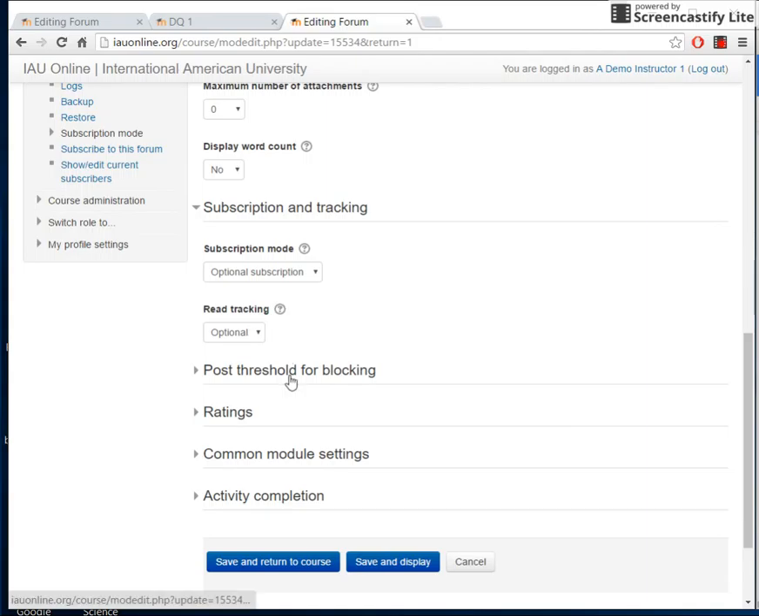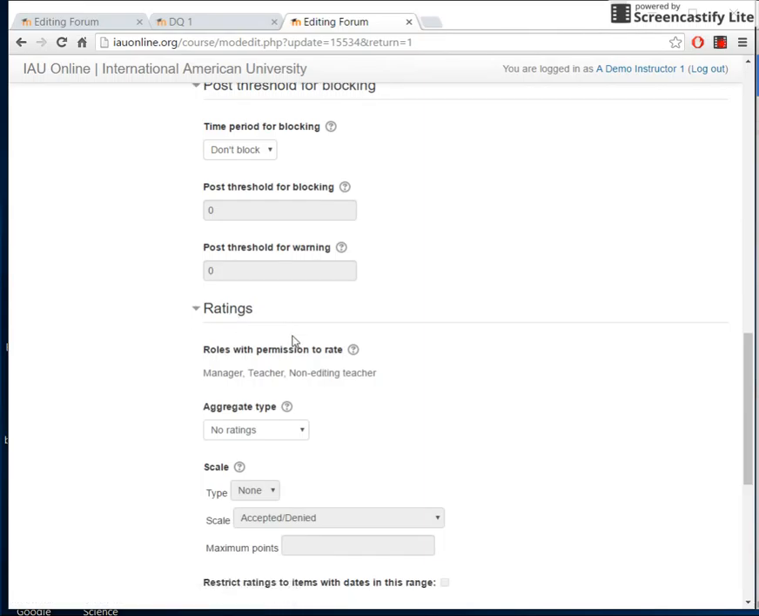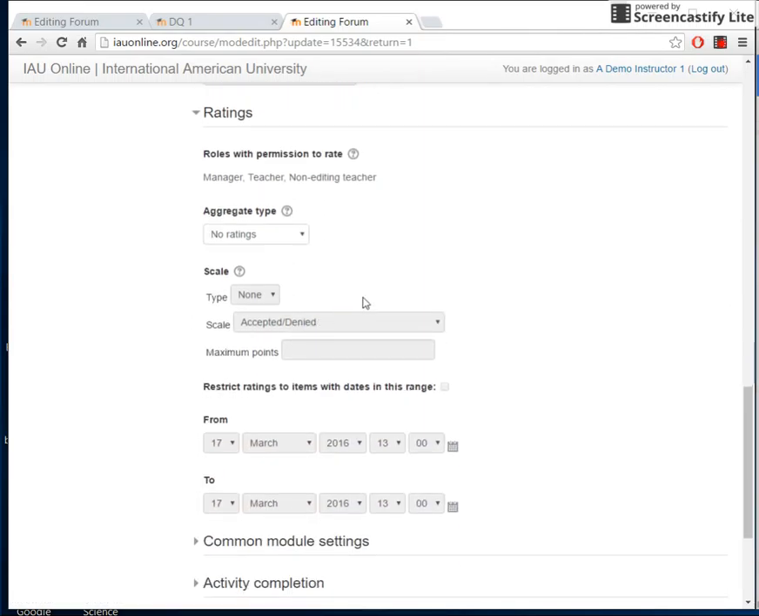We kept it optional. We don't really do anything for post threshold or blocking. Honestly, I don't really know what that does at the moment. Ratings is another word for grading. So it's not really set up properly here, but usually it might be on, sum of ratings. And you can select giving points. You can select a scale, whether it's pass, no pass,